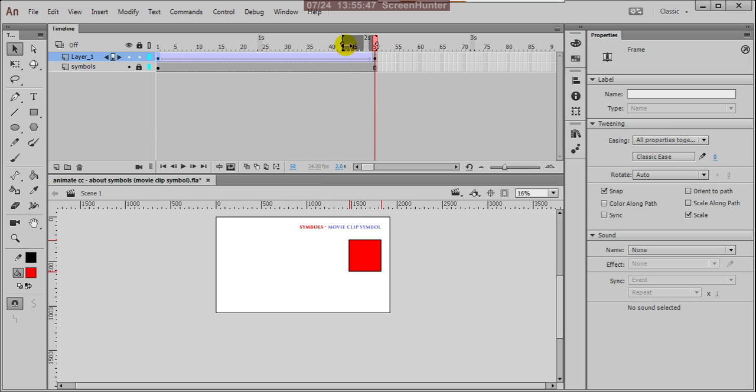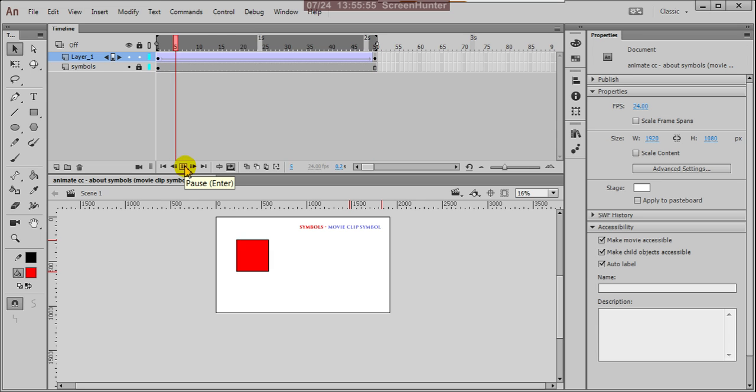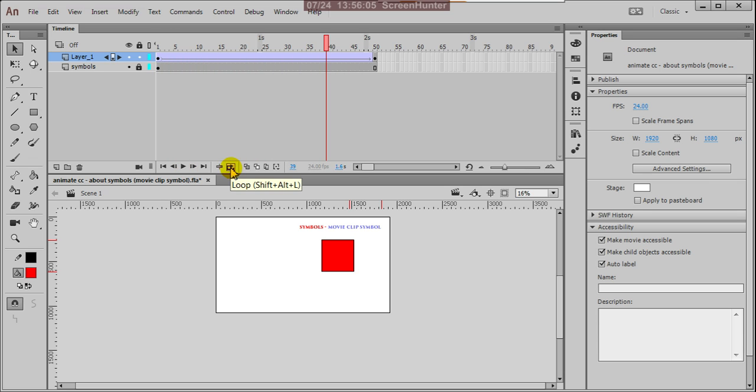Click on the loop button, and this indicator must cover the first and last frames, and now you can play. So continuously it is animating. Now you can remove this. Up to here, both graphic and movie clip symbols are the same.